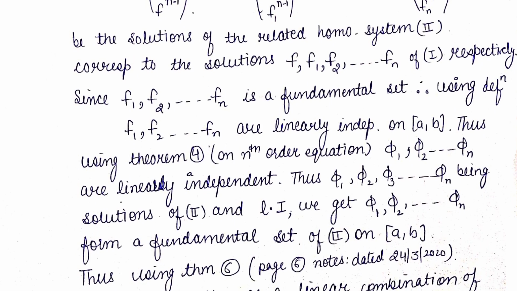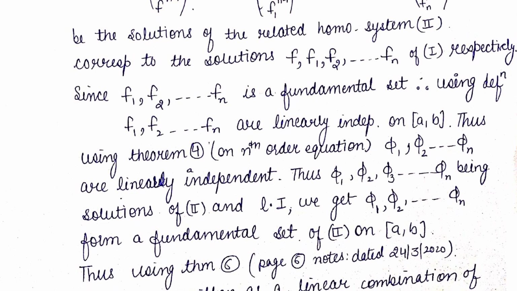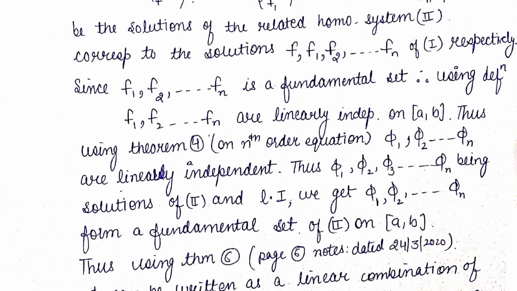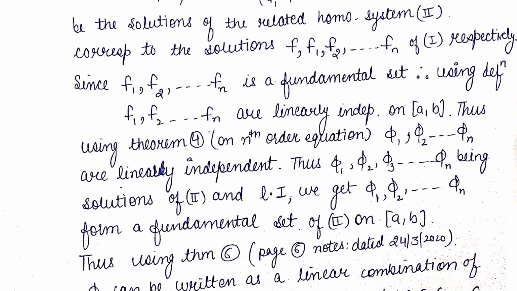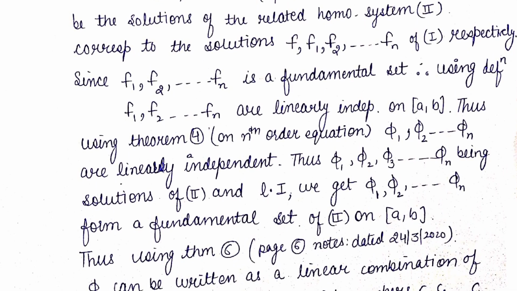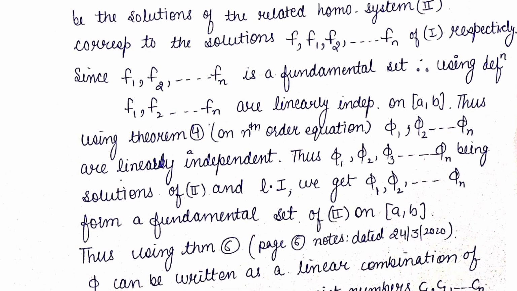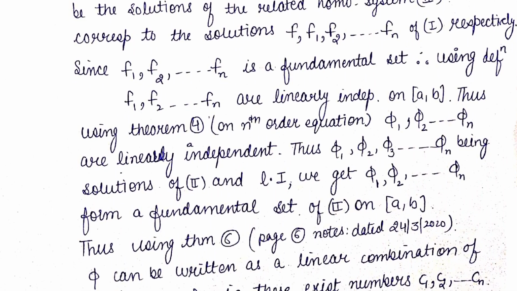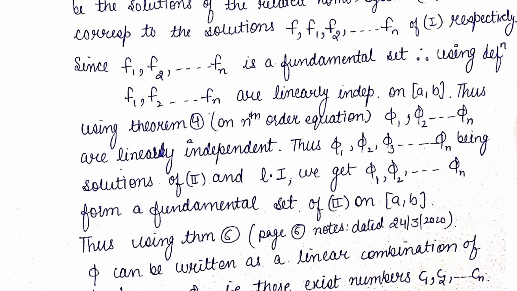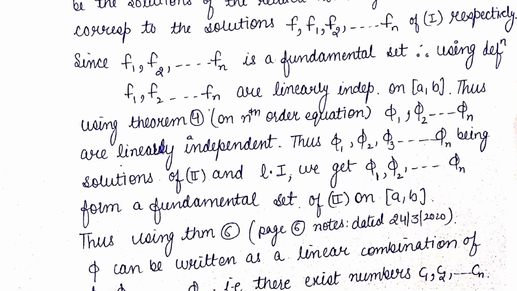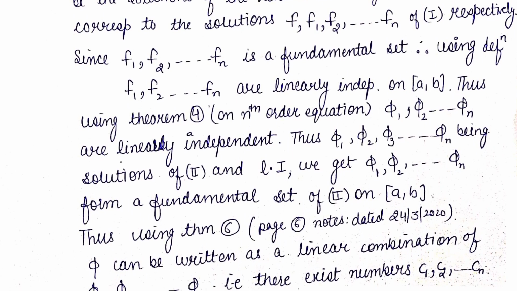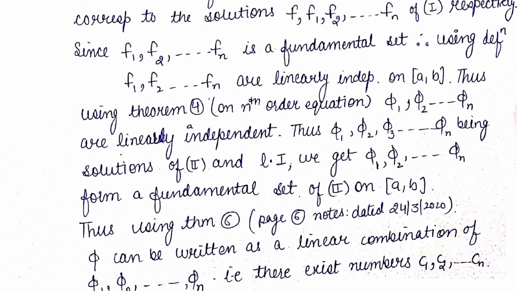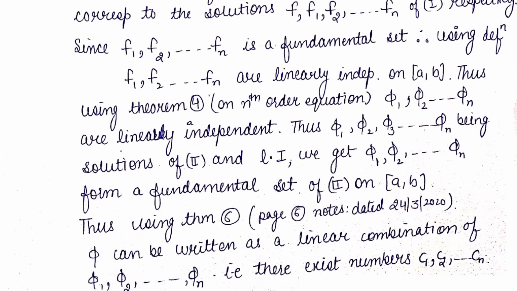And using Theorem 6 on the system of equations, I'm saying this Theorem 6 is on the system of equations. For the system of equations, we have already proved that any general solution phi for the system of equations can be written as a linear combination of the fundamental set. Therefore, जो हमने general solution phi लिया था उसको हम कैसे लिख सकते हैं? We can write phi as